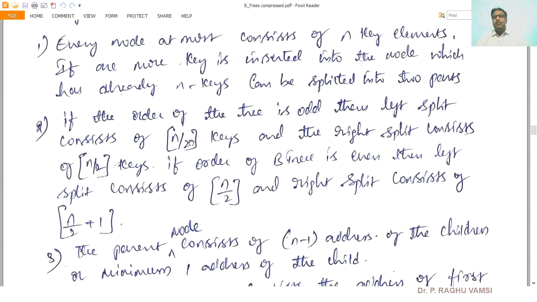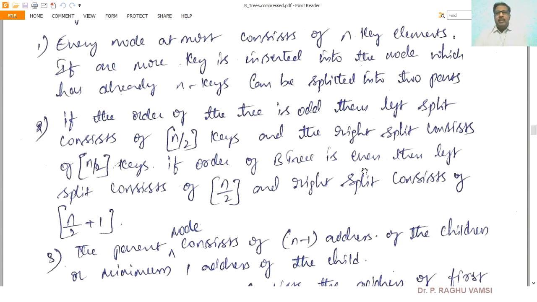That means for an order 3 B tree, every node can have at most 3 keys, but if a fourth key is inserted, the node will be divided into two parts. The left split consists of n by 2, that is 3 by 2, with upper bound 2, so the left split has 2 keys and the right split has 2 keys.